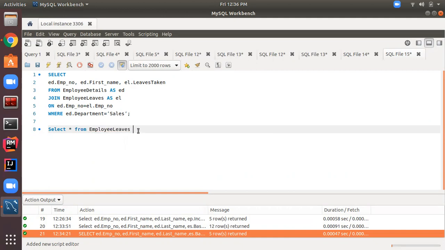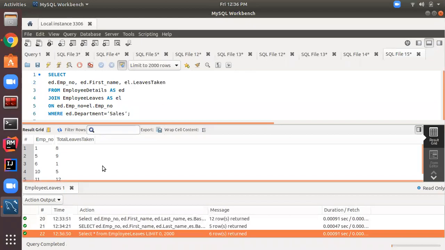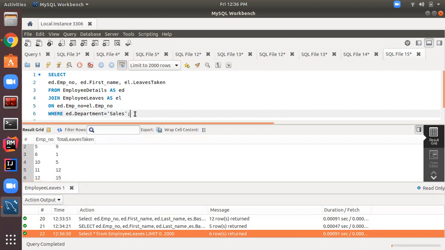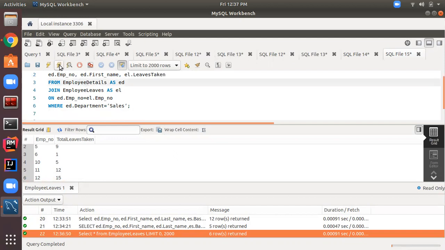Let's see how many records are present here. There are 6 rows, so 6 employees have taken leave. Out of that, we want to check how many belong to the sales department using this query. Let's run this.